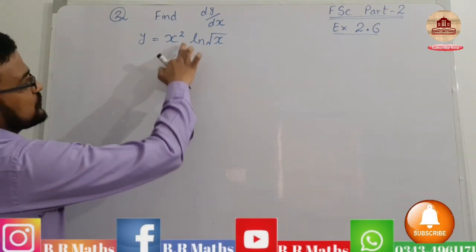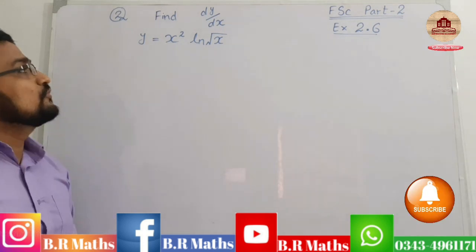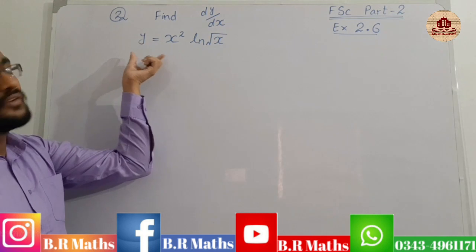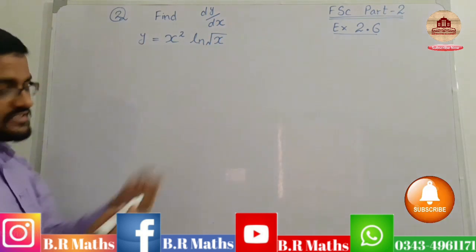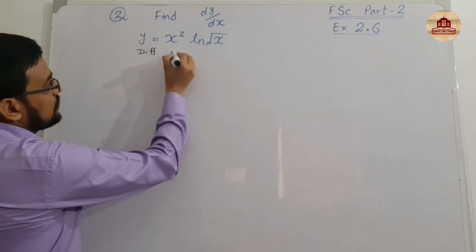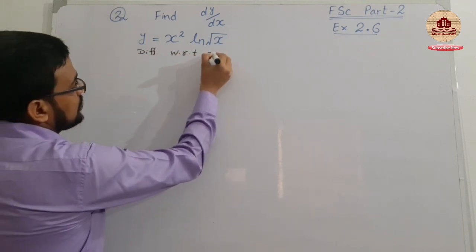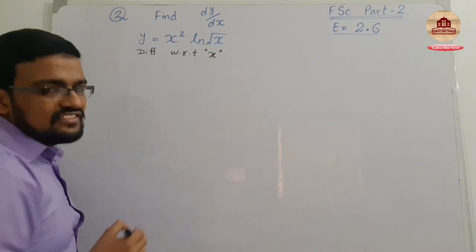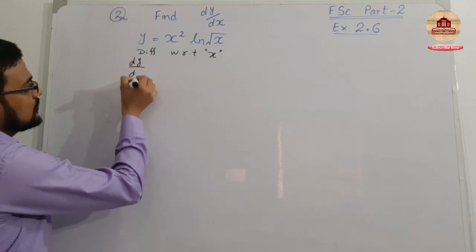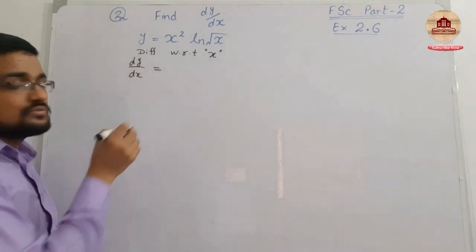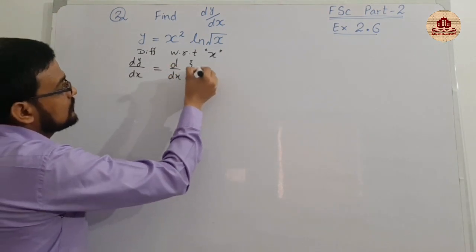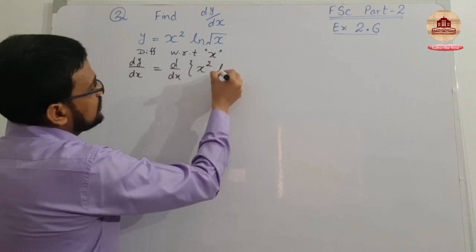y is equal to x square ln of square root of x. Find dy over dx. dy over dx means differentiate with respect to x, because x is independent. dy over dx is equal to x square ln of